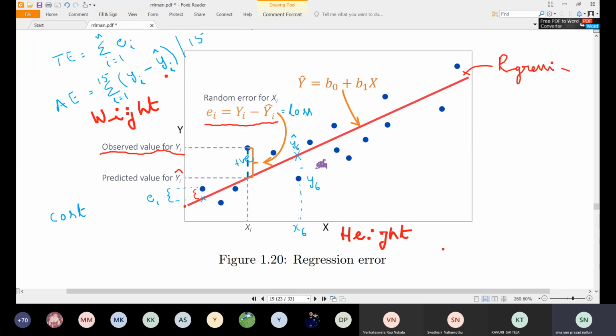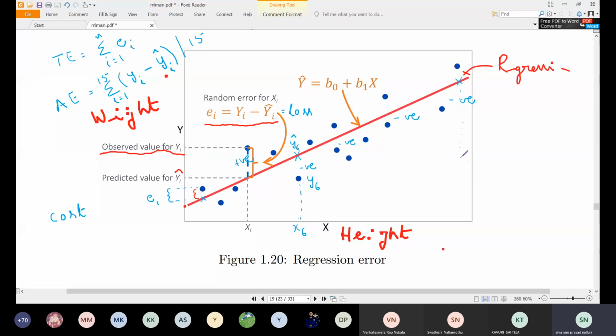This is negative error. So those examples that lie below the line will give the negative errors. Whereas for these cases, the actual value is more than the predicted value. So this is a predicted value for this case. So the actual value is greater than predicted value. Means